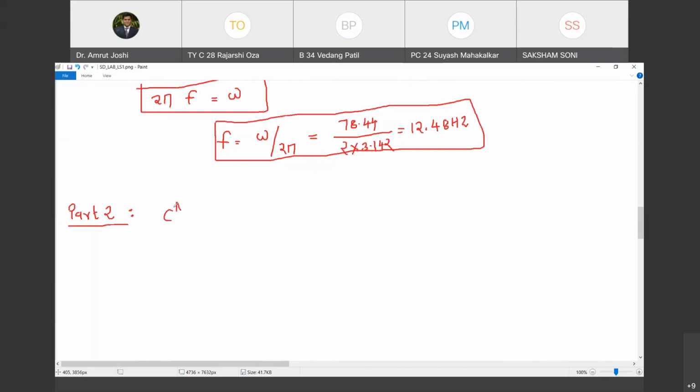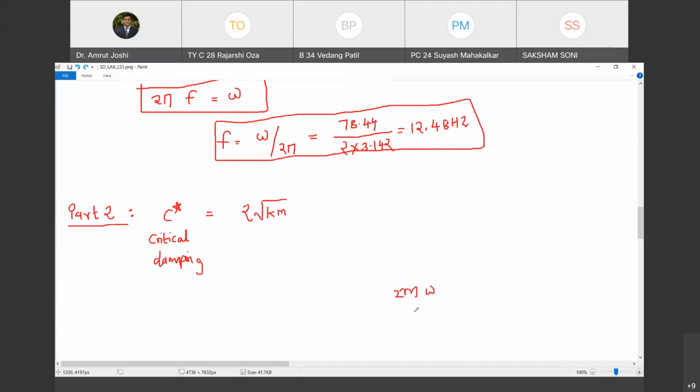Can I compute C star? C star is critical damping. How do I calculate critical damping? So you already know that the critical damping is 2 root K into M. Is that right? Do you remember this? Let me also cross verify this. It is 2M omega. If I substitute, C star, sorry, omega is root K by M.